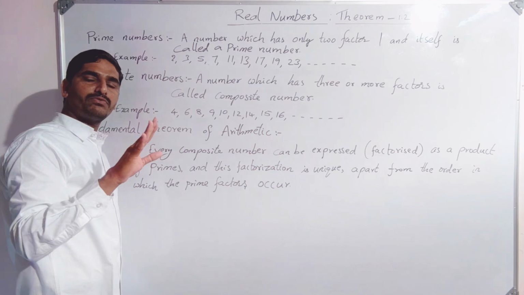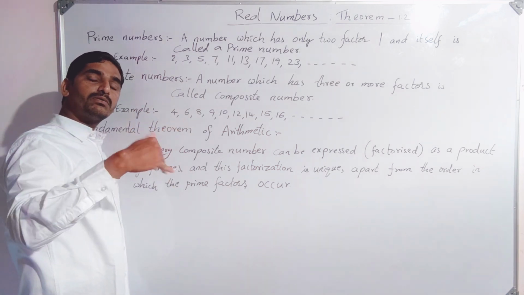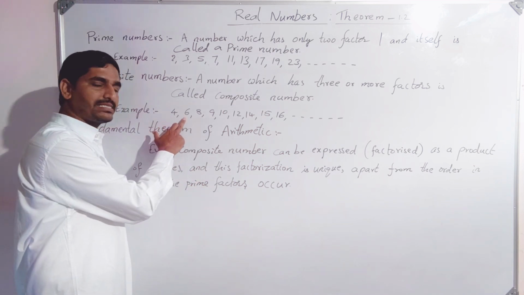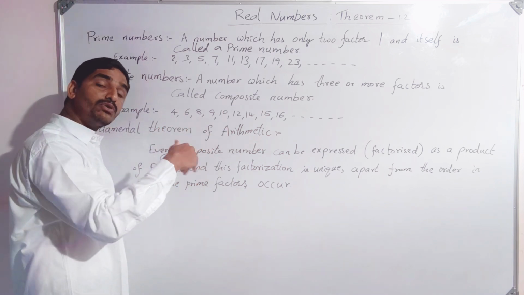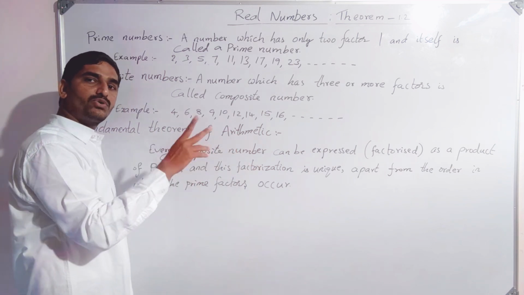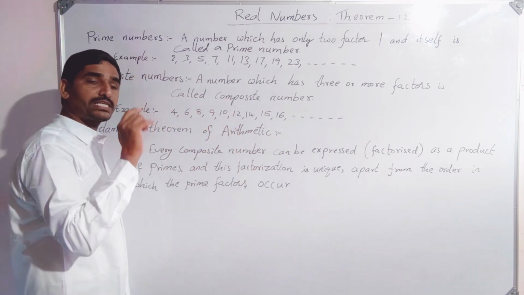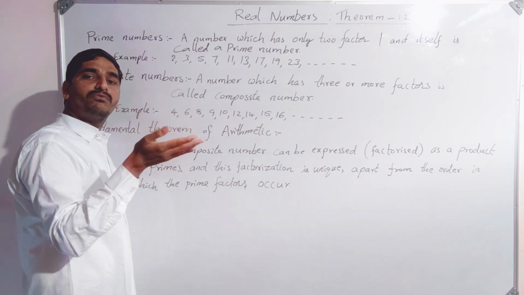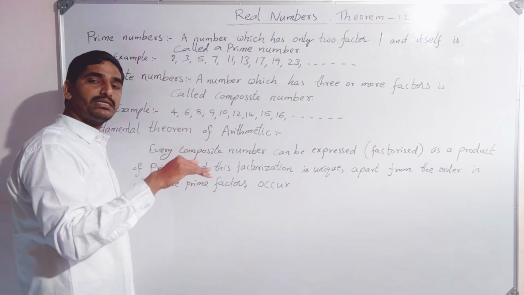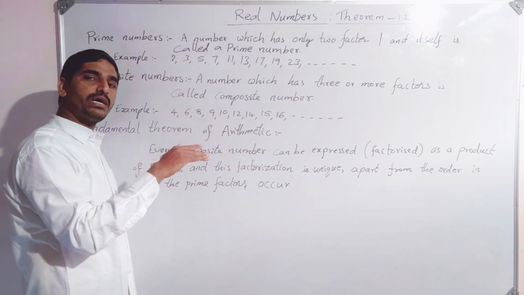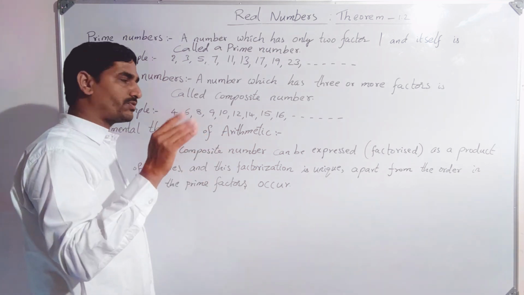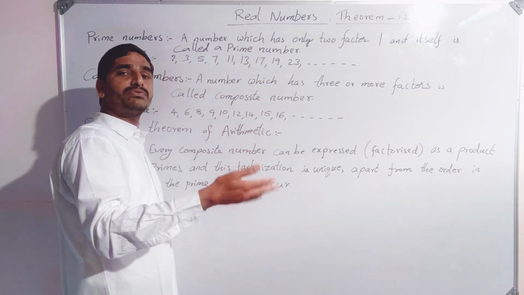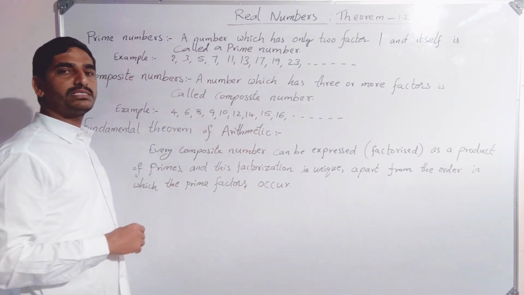4 goes in the one table, 1 4s are 4, 4 1s are 4. More than that, in the 2 table, 2 2s are 4, it goes. So it is a composite. 6: 1 6s are 6, 6 1s are 6. And more than that, 2 3s are 6. 2 and 3, 2 more factors, so we are getting 4 factors for this. For 8: 1 8s are 8, 8 1s are 8. More than that, 2 4s are 8, 4 2s are 8. Here also 4 factors. 9: 1 9s, 9 1s, and 3 3s is another factorization we are getting. So these are the composite numbers.